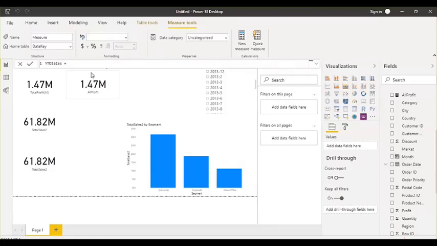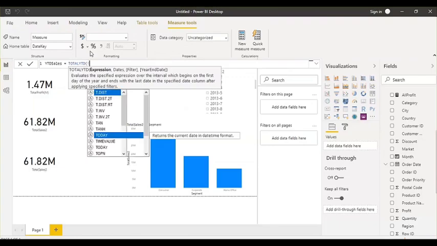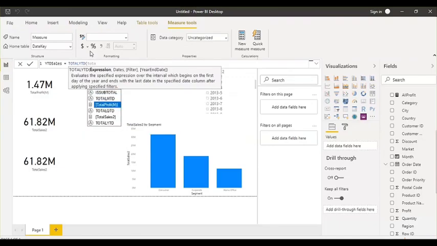First, I will use the function TOTALYTD. In this function, you will have to write an expression. You can write this expression from scratch, or you can reuse any measure also. I already have existing measures, total sales 2, so I can reuse that measure here. Once I use it, you can see this measure is coming here. The ALL function does not accept a measure directly, that's why. So here I reuse this measure, total sales 2.